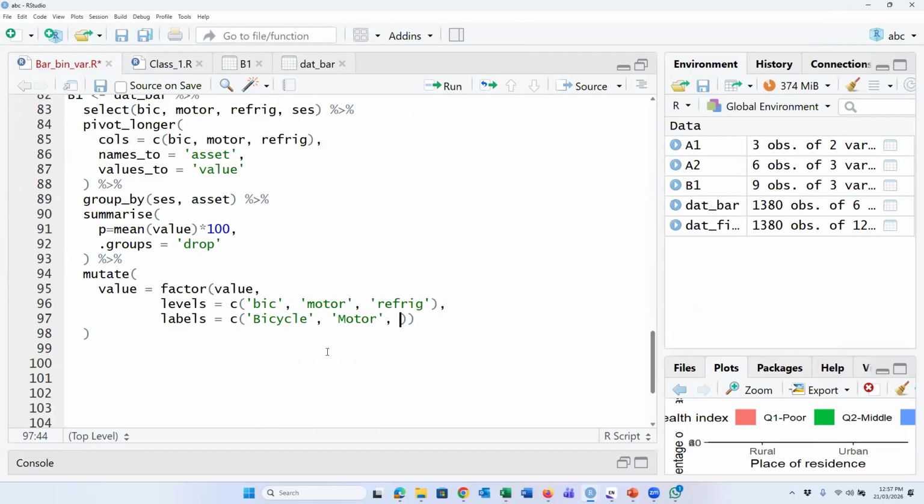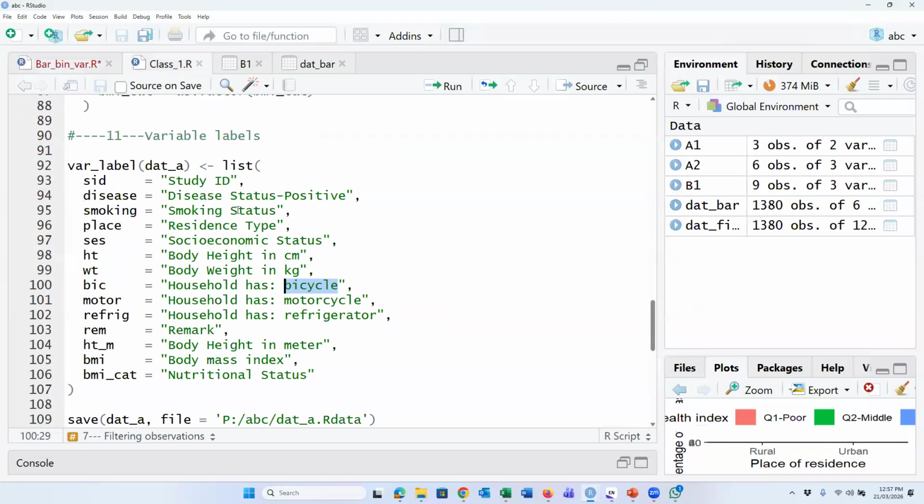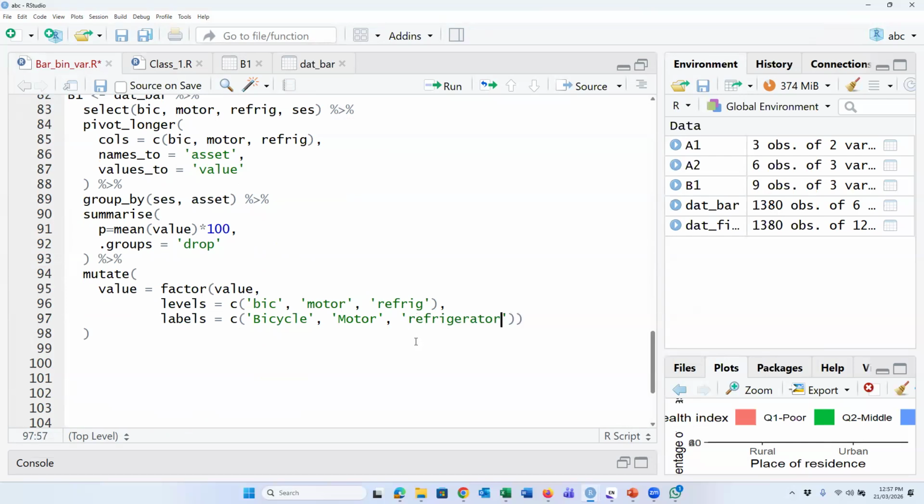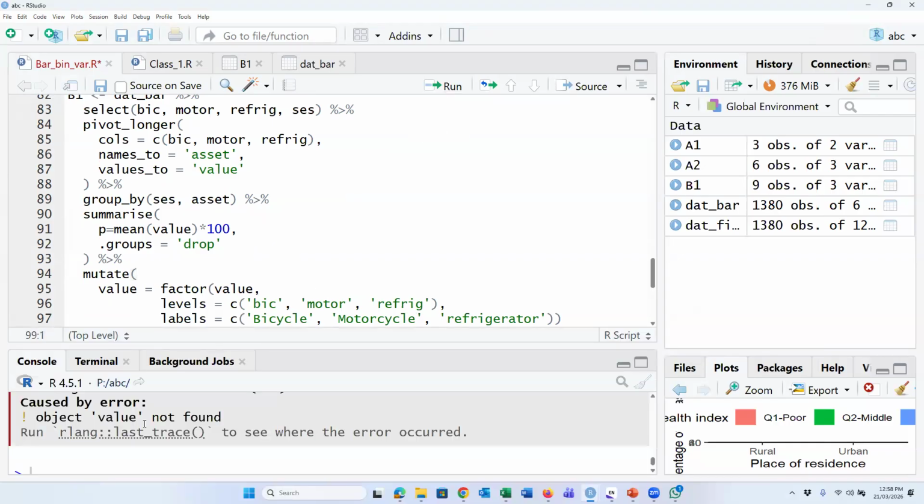Then refrigerator, motor, cycle. So if we run, value not found.